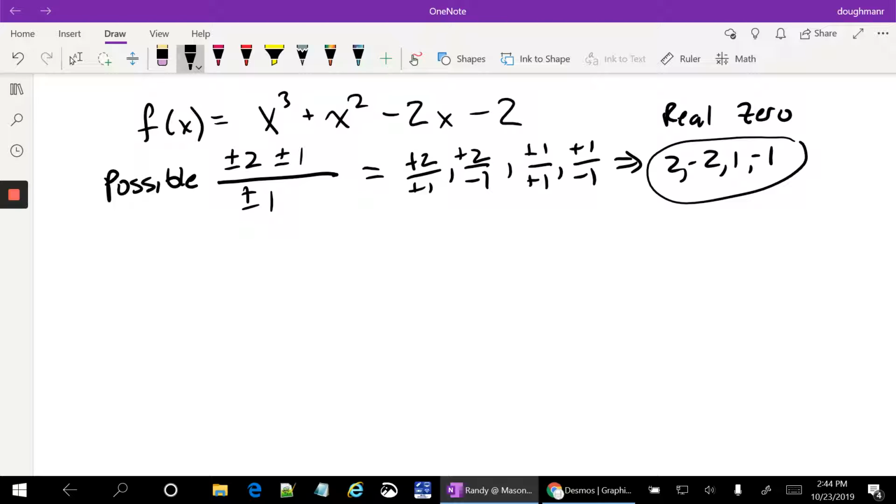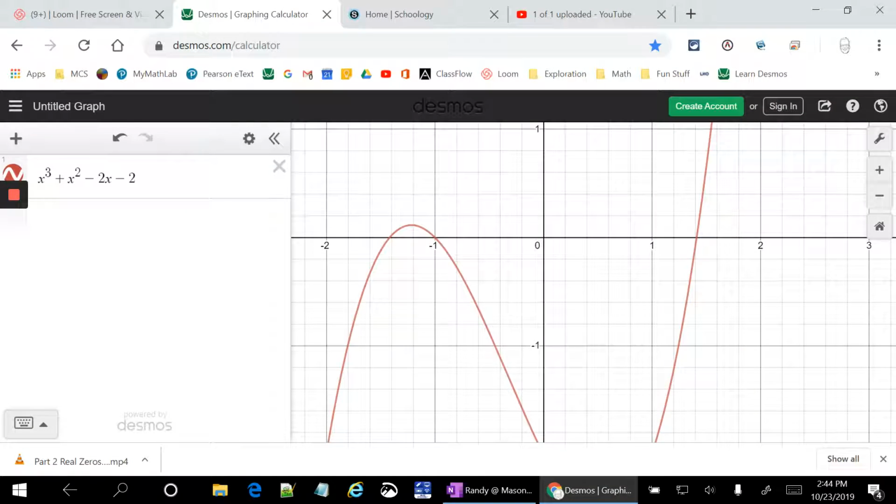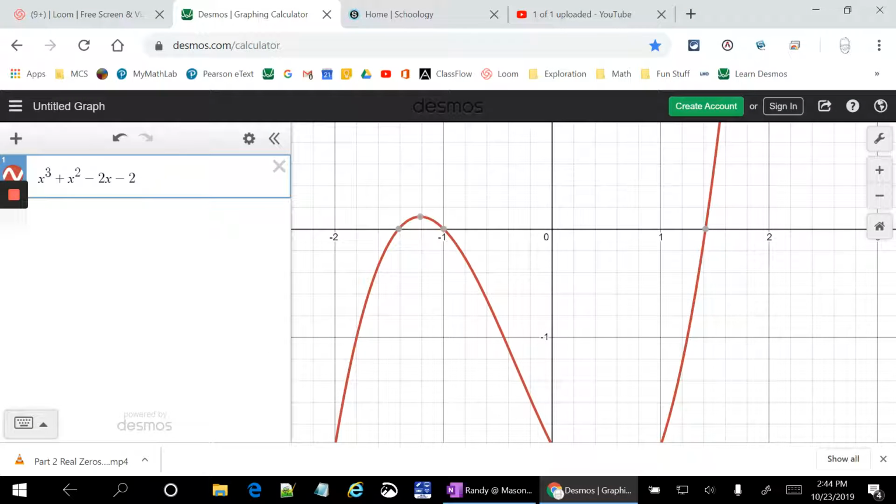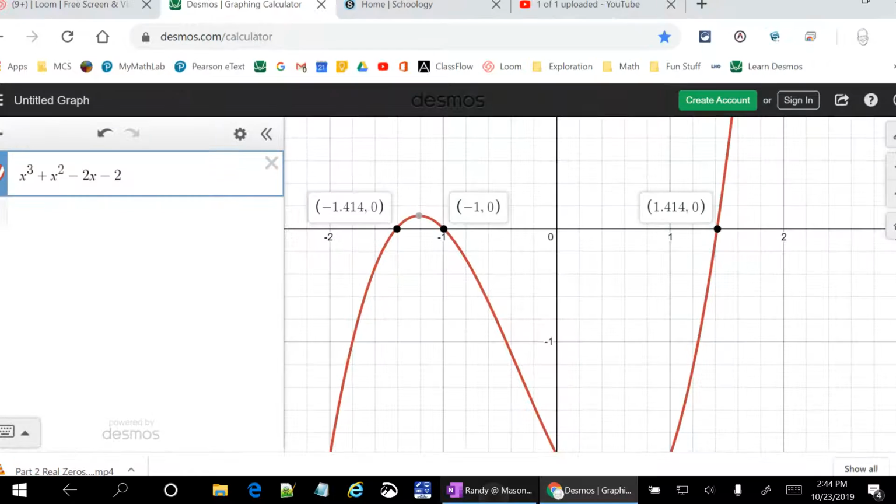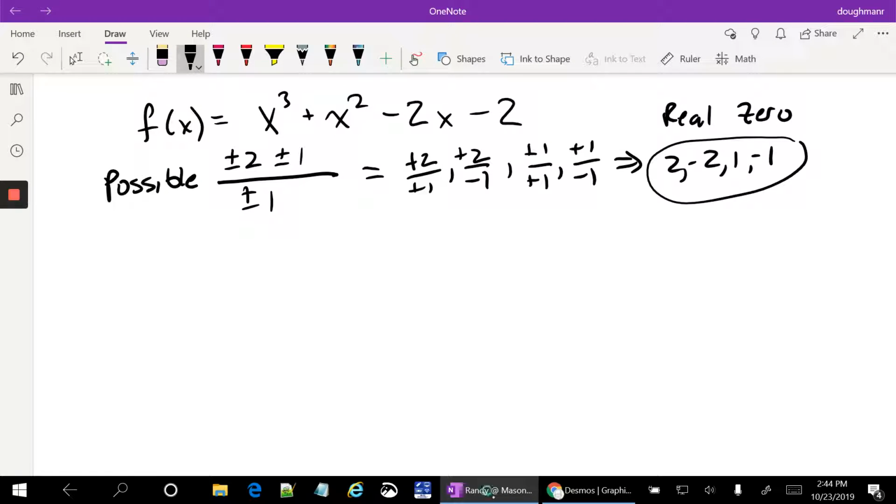So at this point, I'm going to go ahead and graph. And I can see from my graph that definitely -1 is a zero. There's a number here, 1.414, I kind of know what that is, but that's an approximate value. I'm going to try and find the exact value, but I know that -1 is a zero. So if I go back here, I know that -1 is a zero,